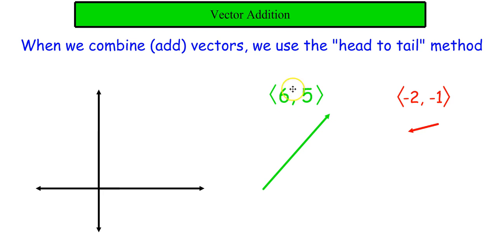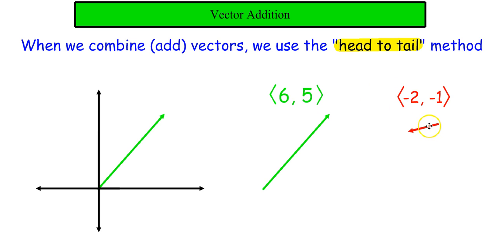So just to summarize this rule, anytime we combine or add vectors, or subtract for that matter, obviously addition and subtraction are opposite operations, but we use what we call the head to tail method. So we're going to start with whatever vector is listed first, and in this case we're going to combine 6, 5 and negative 2, 1. So I'm going to take 6, 5, which looks like this. I'm going to plot it from the origin,